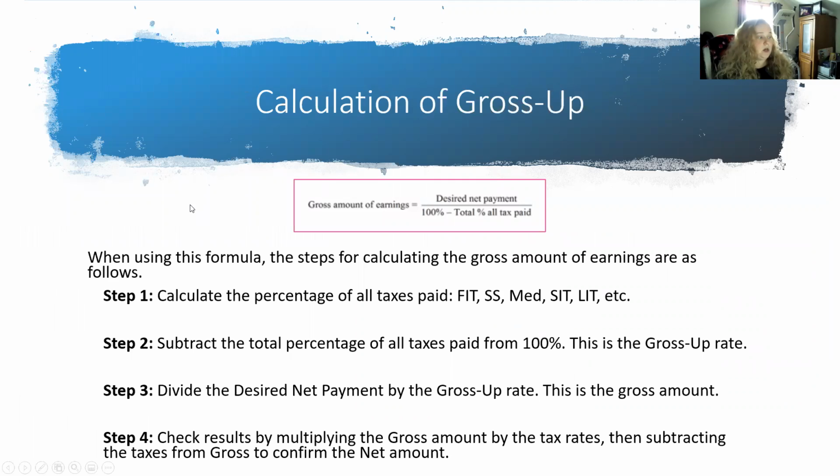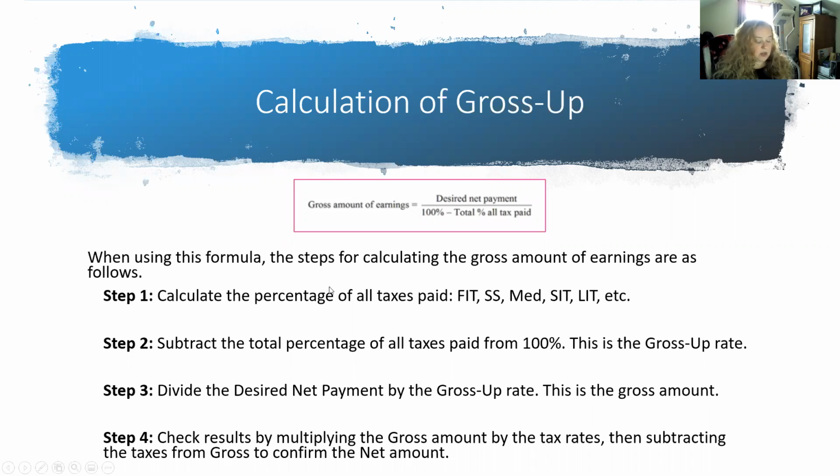Gross ups. Gross ups can be fun, as we all know, and I will tell you, gross ups were a big part of the CPP when I took it. I don't know if it was just coincidence or what, but I did happen to have several gross up calculations that I had to do when I took the test. So these next few slides, again, I'm not going to go over every single one of the examples just due to time, but if you have time to come back and do them, or if you're using PayTrain as a supplemental guide to help study for the CPP, I would recommend taking a good look at the